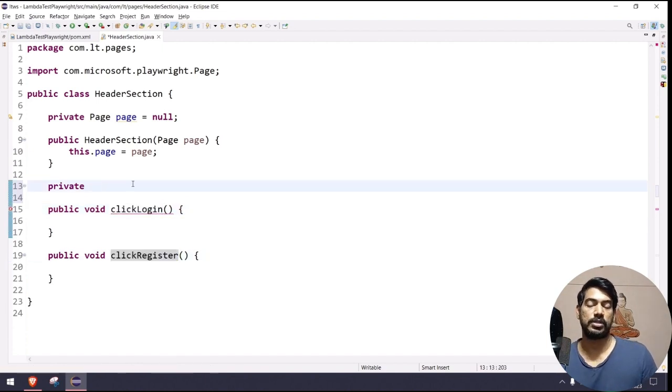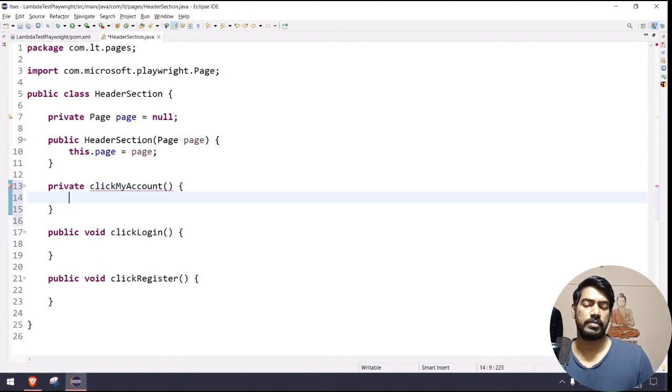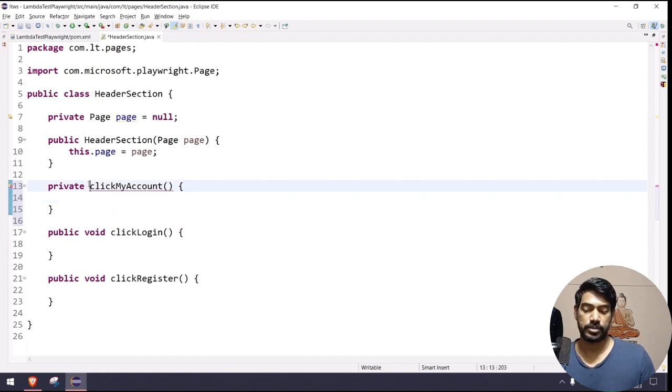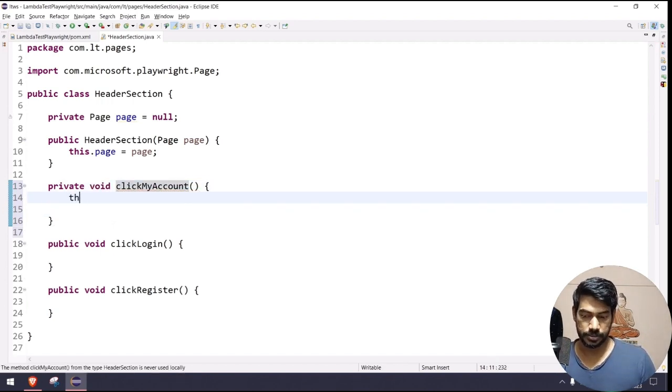So my account, I don't want to expose to the outside, so I will make it private. I will say click my account. If you want, you can make it public as well, but for now I'm just going to make it private. And here I'm going to select this.page.locator,